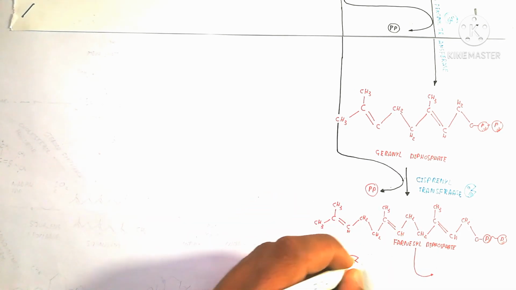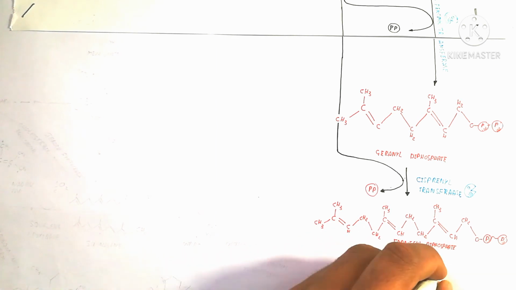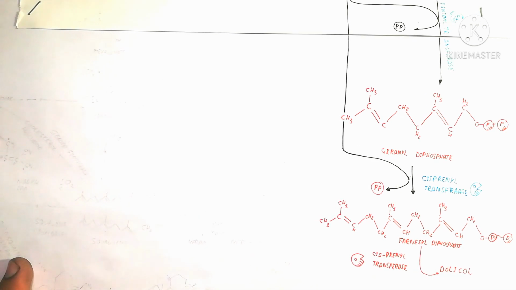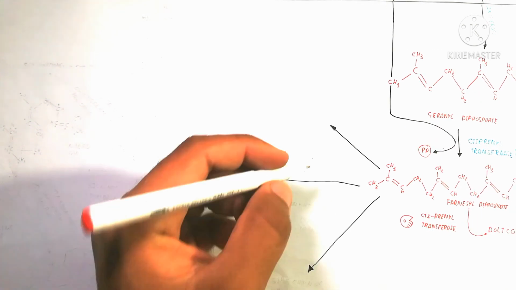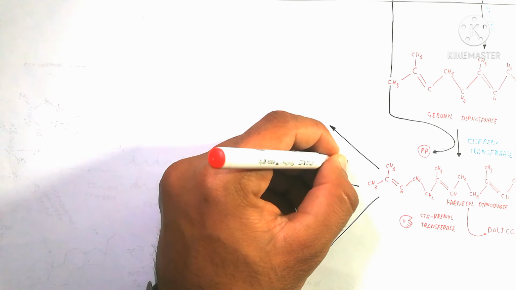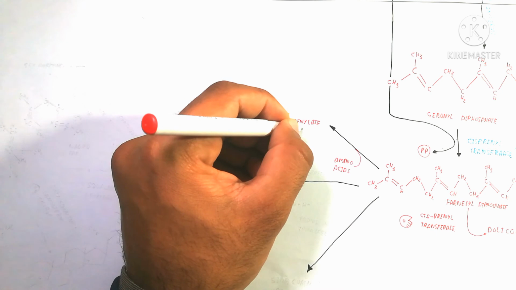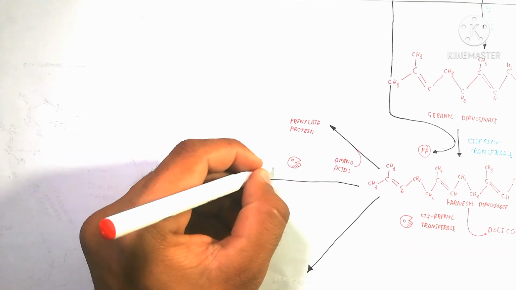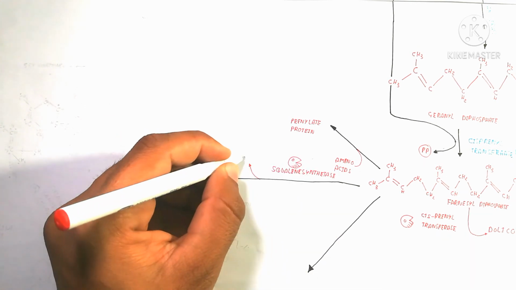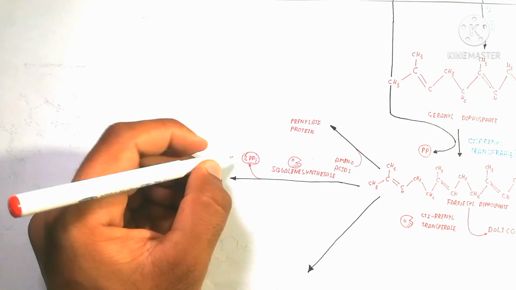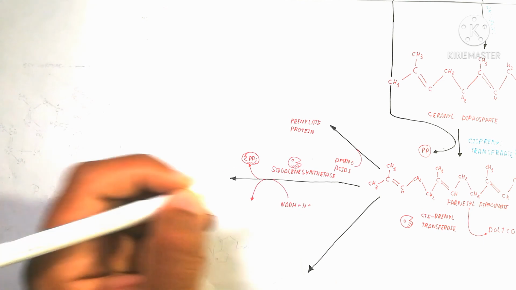So this molecule has many properties: it is converted into prenylated protein by the addition of amino acid, or a transprenyl transferase enzyme makes a side chain of ubiquinone, which is the antioxidant of the human body. And on the other hand, heme A will be formed from this compound, known as farnesyl diphosphate. So the major reaction we will carry out here,